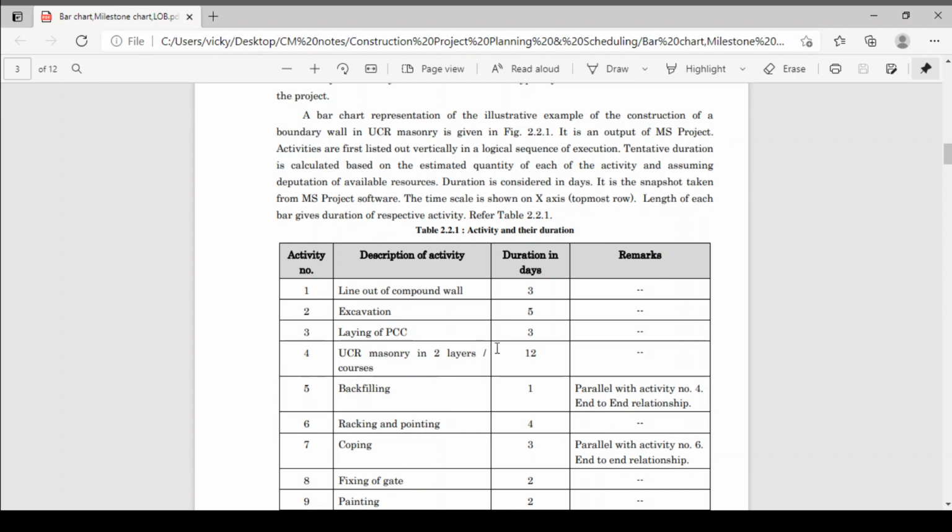Based on that we have calculated these durations. This is totally based on your experience. All the durations are considered in days.